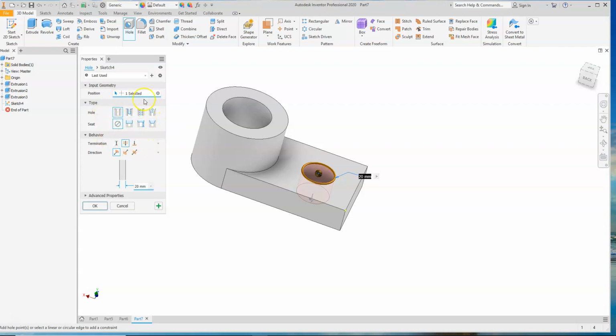So looking at what I've got here, I just dropped the hole on here, so I've got the seat turned off to none. Now I want to locate the hole. So I'm going to click on the line over here on the right, and that's going to dimension that hole from the right side edge. This doesn't even require you to